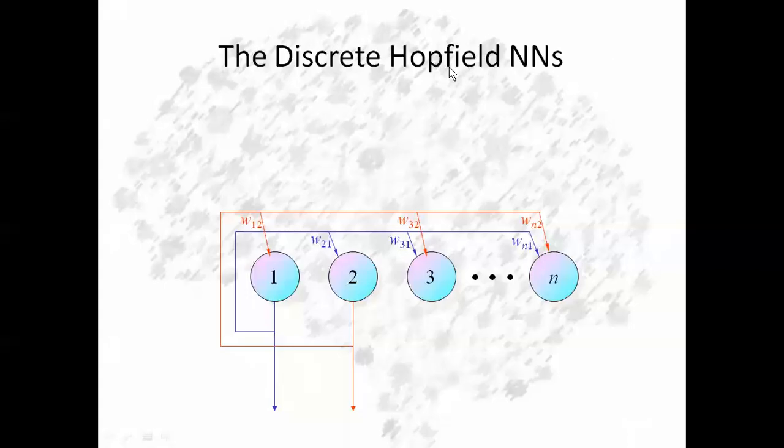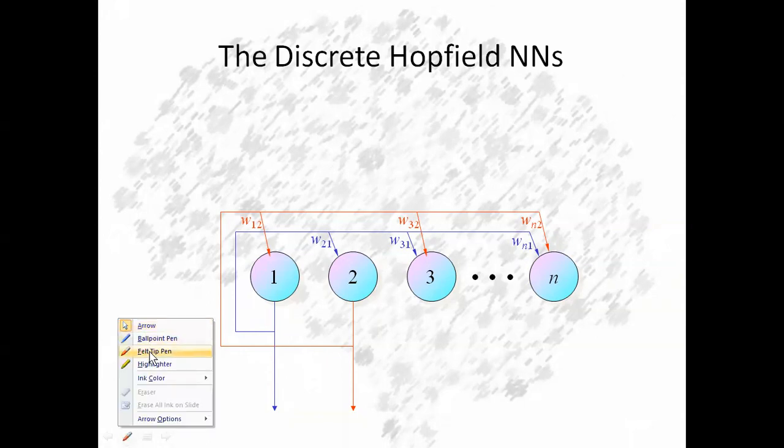Good morning, all. In the last class, we started learning Hopfield neural network, a kind of associative memories. We have seen the architecture of these networks, which looks like this. There were n number of neurons. Suppose neuron number one is activated, then its output will be fed back like this.